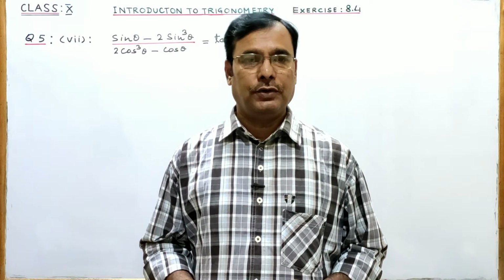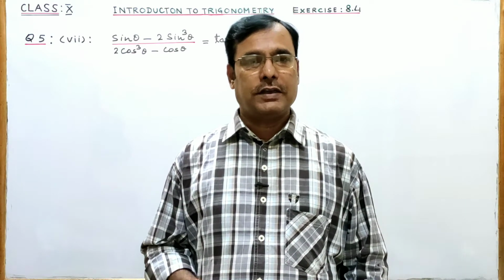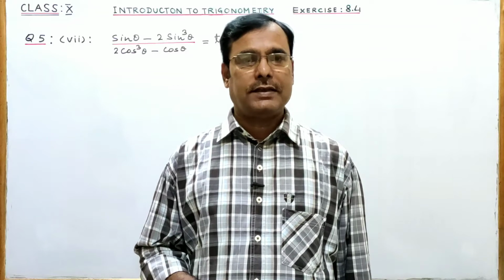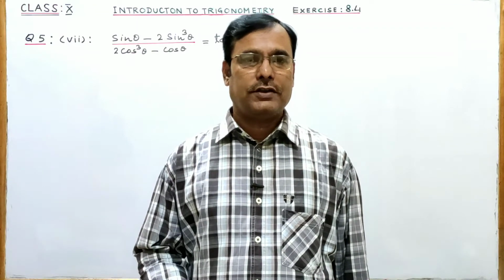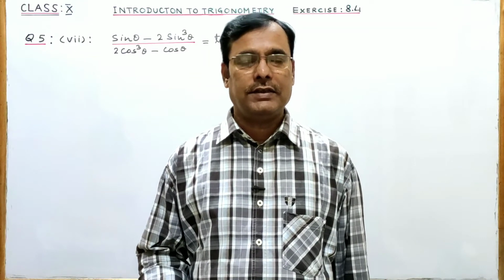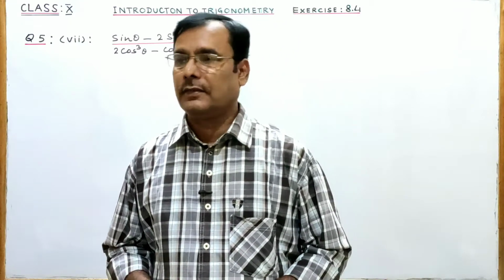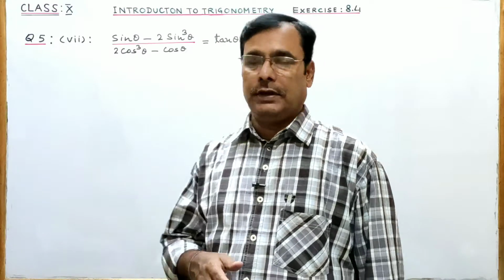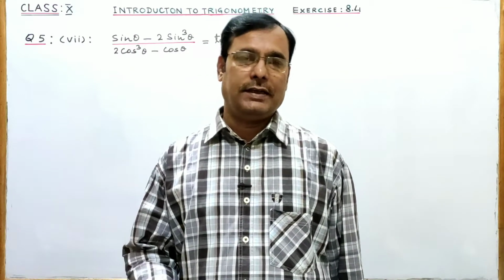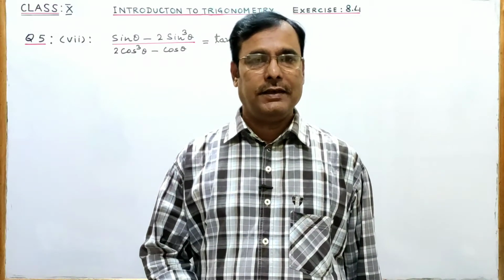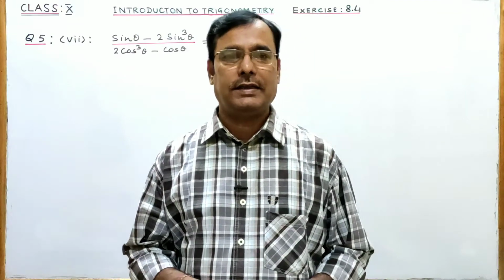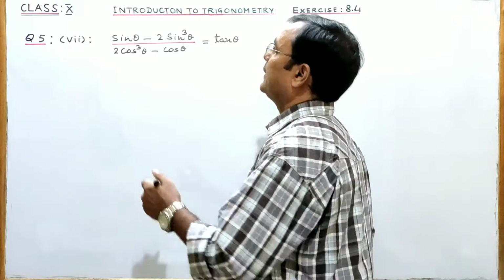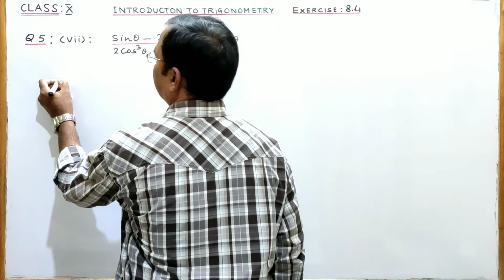Exercise 8.4, question number 5, now 7th part. Prove that (sin theta minus 2 sin cube theta) by (2 cos cube theta minus cos theta) is equal to tan theta. This identity we will prove from left side to right side. That is, we will consider left hand side, we will simplify it and prove it equal to right hand side. So let us consider left hand side